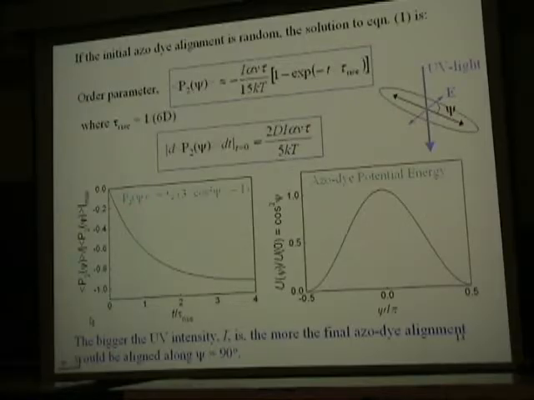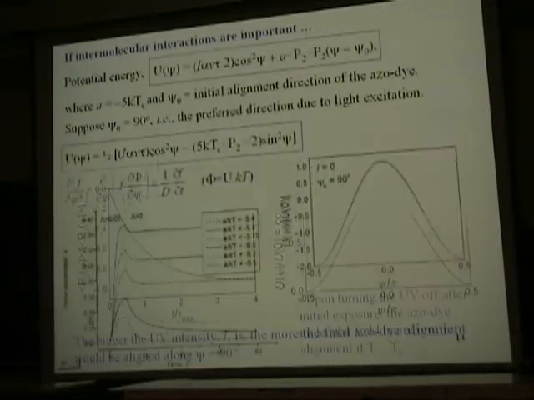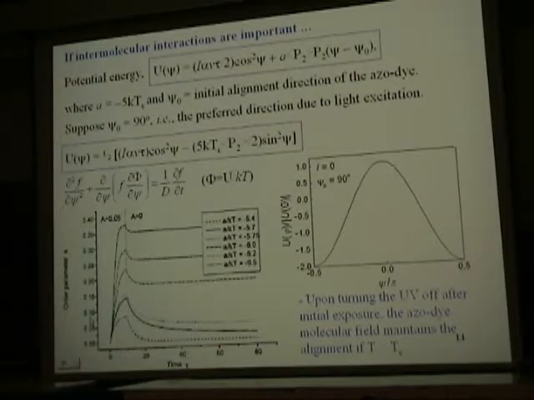Now, another notable result I should point out, because we will use that later, is that the initial photoalignment rate is also proportional to the UV intensity. Okay, what is the modification we need to put into the potential? By construction, this term is added, and this term should be proportional to the order parameter, and it should also depend on the initial alignment direction of the pre-existing azo dye alignment. And this prefactor in this new term that we are adding here is equal to negative 5kTc, where k